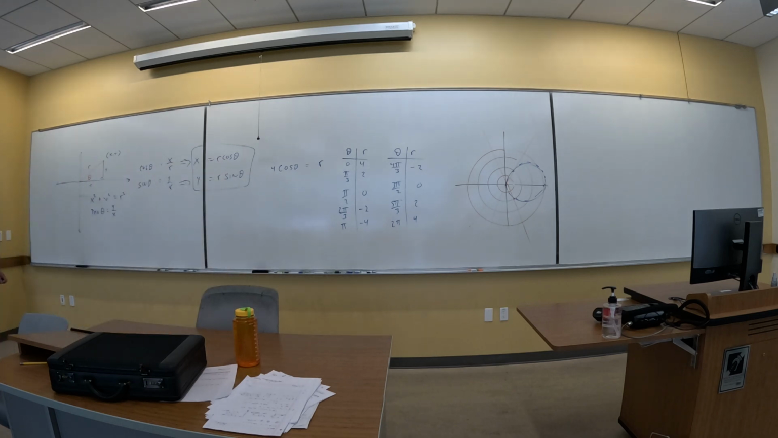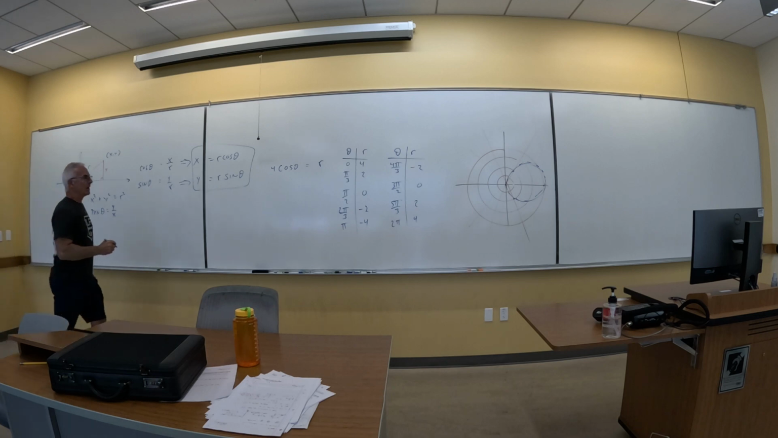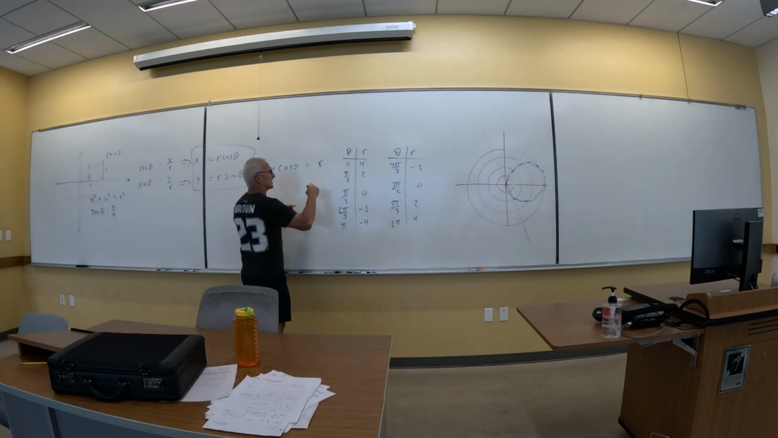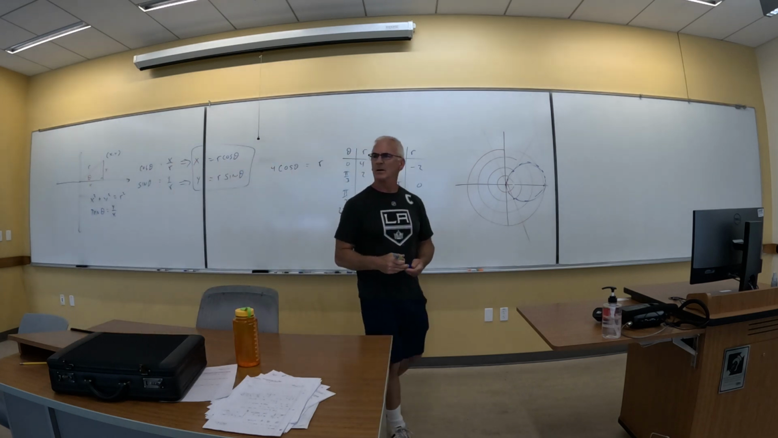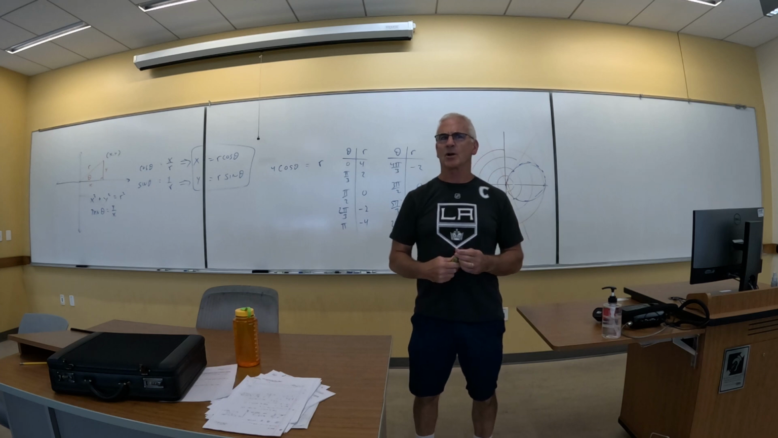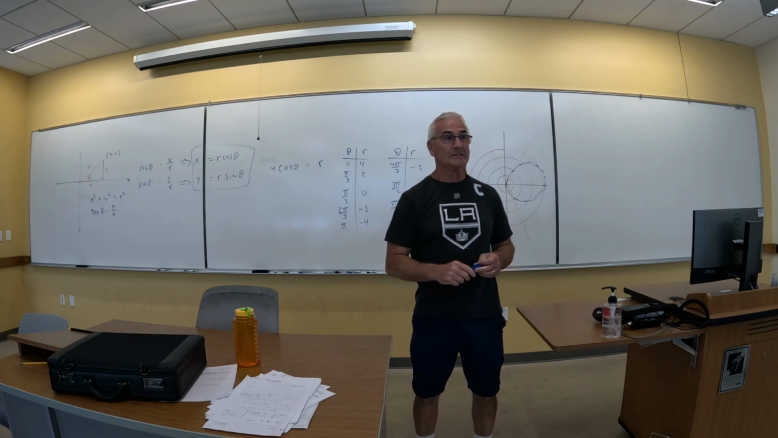I can't convert cosine of theta to anything. I can't easily convert r to anything. Can I multiply both sides by r here? It's a trick question. I want to. Can I? Ooh,